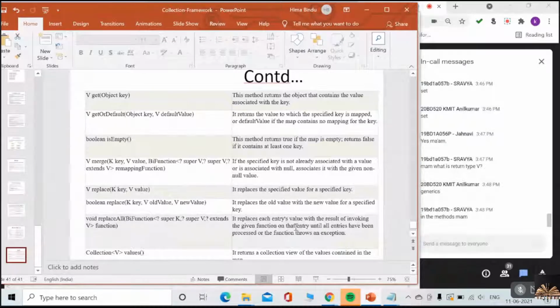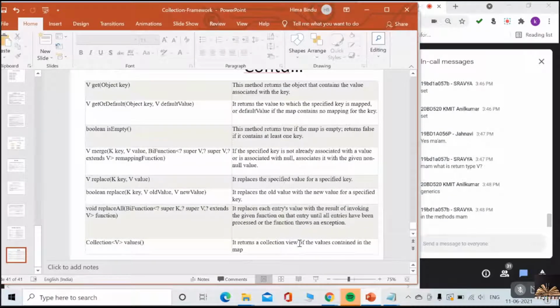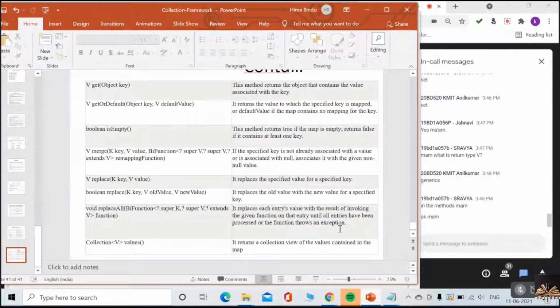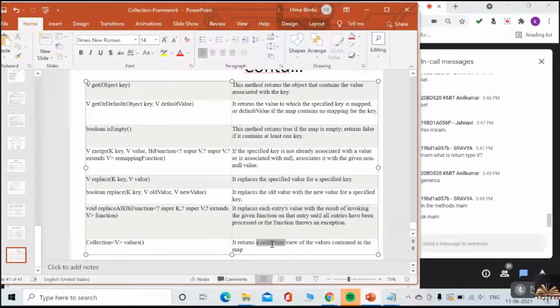Here, see, it returns the collection view of values, the view type of values, contained in the map. Did you observe? It returns a collection view of the values.